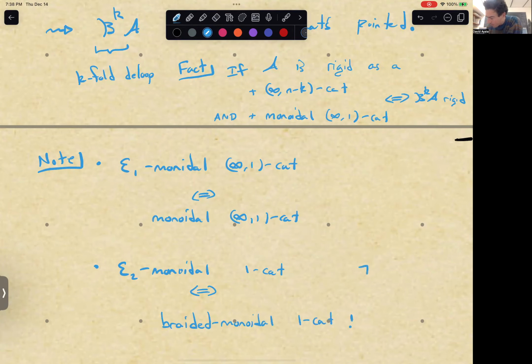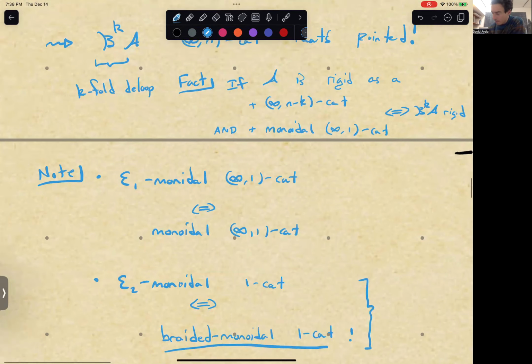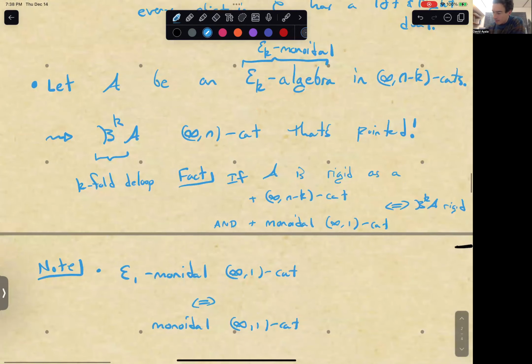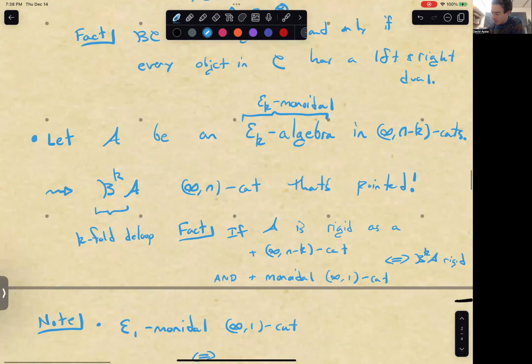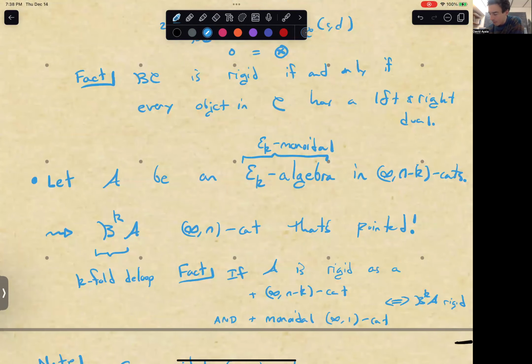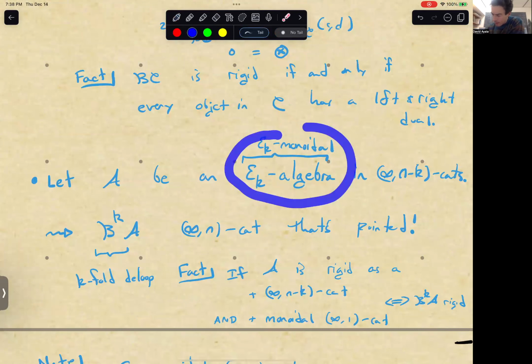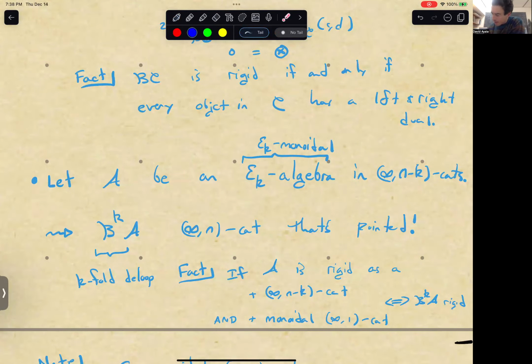So this might be a familiar notion, namely braided monoidal categories. And that turns out to be the same as an E2 monoidal category. So I'm giving context to this general notion of an EK monoidal category. And as an extreme case of this, if K equals N, we see that in particular